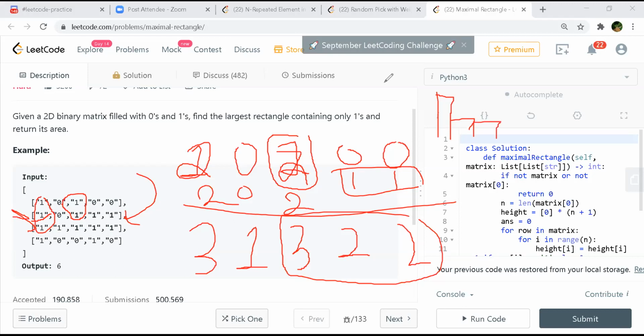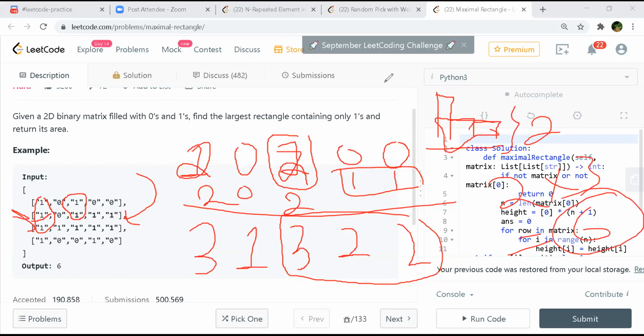So this would be the rectangle. In the histogram way, you are getting the common height, so the minimum height, and the width. So 2 multiplied by 3. Till now we had maximum as 6, right?